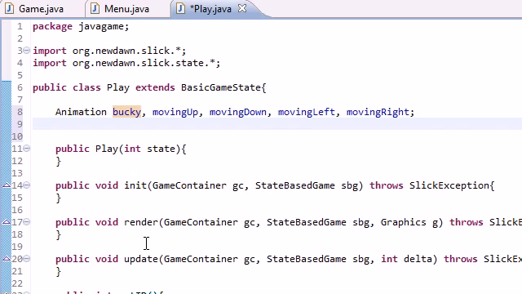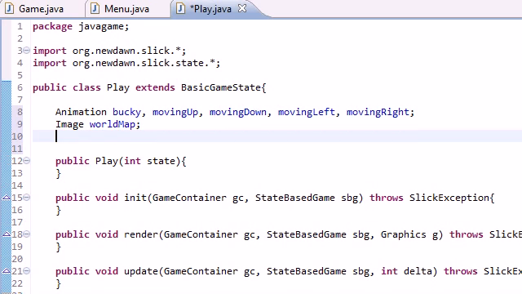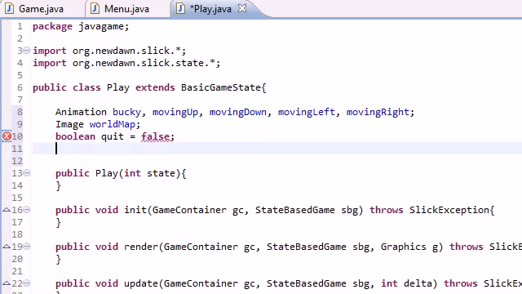The next thing I need to do is load the main map. So image, and I called this world map. Basically all the land, the buildings, the trees, that's what this image is right now. After this, I'm going to make a boolean, call it quit, and set this equal to false by default. What this variable is going to do is, whenever the user is playing the game, we're going to give them the option to quit the game, just like we gave them the option to exit the game on the main menu. Whenever we do that, of course, this variable is going to be set equal to true, but we'll see that